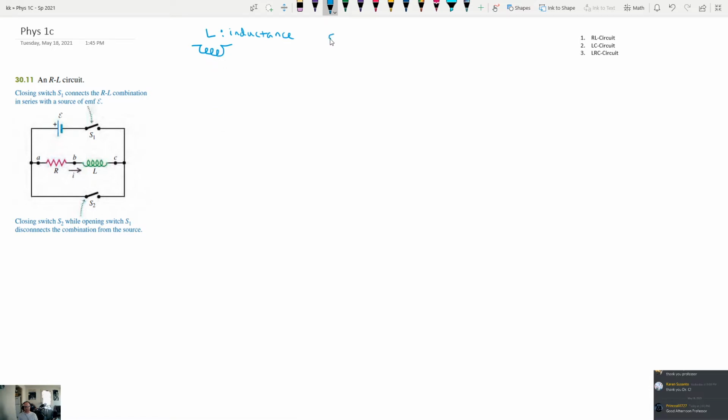And we learned that there's an EMF associated with this that's equal to the size of the inductance multiplied by the rate of change of